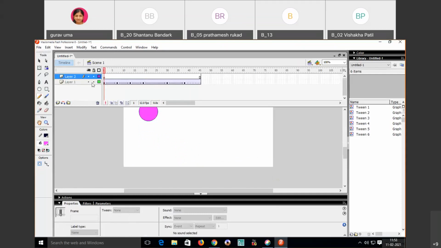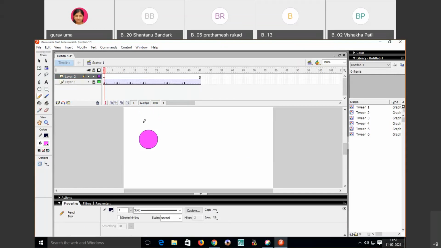So the first layer, you can lock it so that the first layer of this bouncing ball will not change. Okay. So I have locked this layer. See here. You can unlock it also and again you can lock it also. And if you don't want to see this object, then you can click on this dot, the object will disappear. Again, if you want the object to appear, you can simply click on that cross sign. Now I want this object to be displayed, so I'm not doing anything.